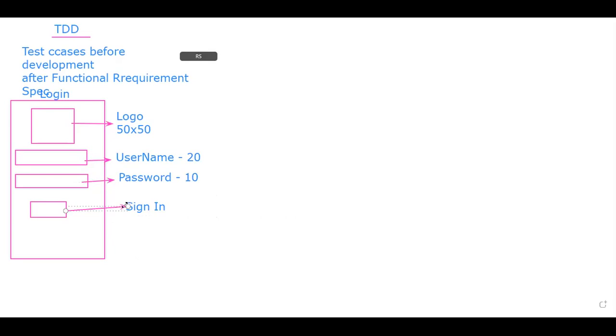Now, looking at the developer's perspective, immediately we can tell that there will be one table with username, password, and active inactive flag, and a place to store the logo in the folder. The username field will be 20 maxchar. The password will be 10 maxchar. So these we can tell. Now, once this FRS is done, it goes to a testing team where they will prepare the manual test cases.